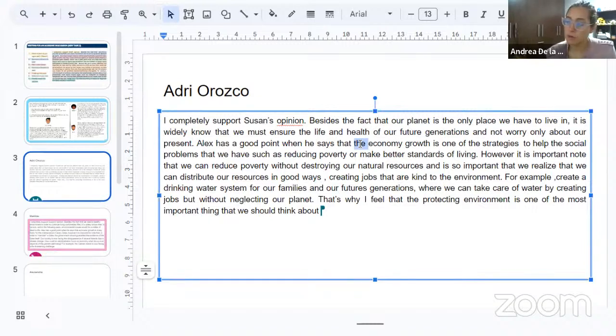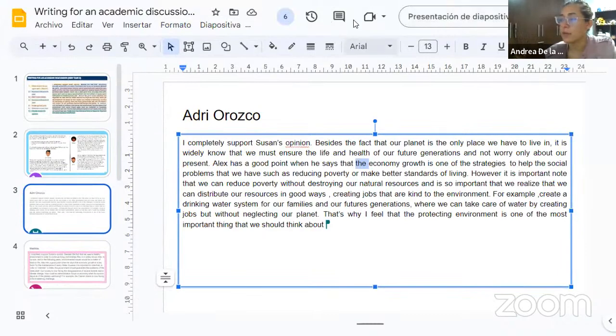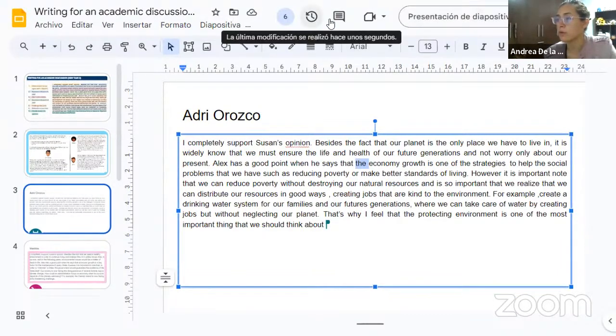So what is the grammar rule? When you guys are talking about specific things, then you can use the article "the". So, the economic growth of our country. But if you guys are talking about general things, so economic growth in general, you do not have to use the article. So it would just be economic growth in general. And another thing to keep in mind is the phrase. It's actually "economic growth" instead of "economical growth." So careful there.